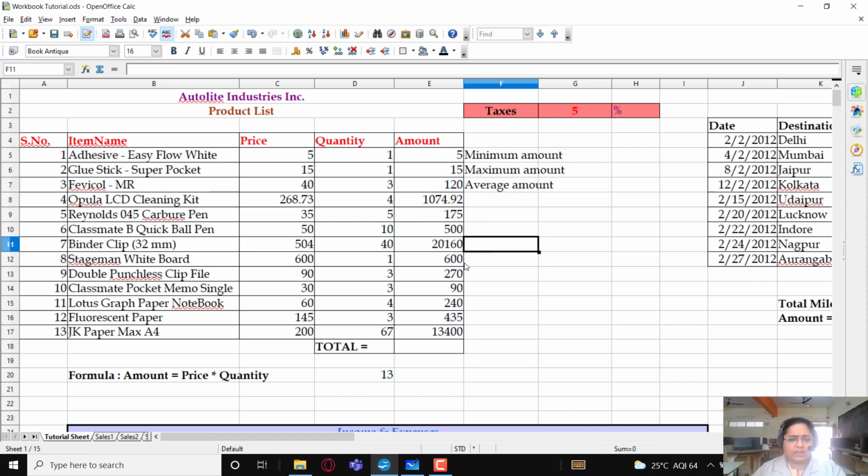So we will come across one more example in this where you will see that the row also, the column also changes, right? So at a time, a column might change or a row might change, and if you are copying the formula diagonally, the row and column both will change. So this is how we calculated the amount.